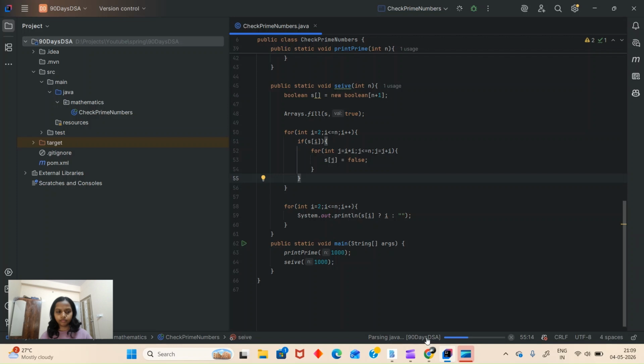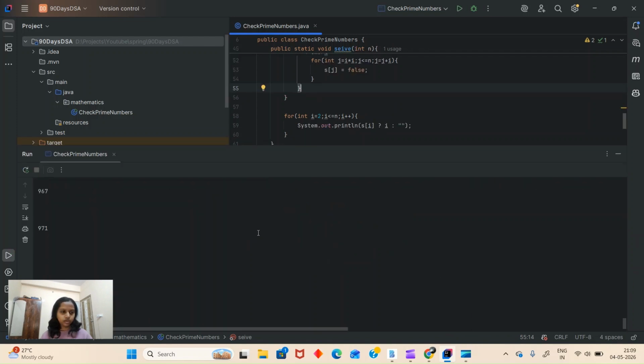Yeah, it is running. That's fine, as we are printing that empty. So 2, 3, 5, 7, 11, 13, 17. So many numbers, if you see everything.